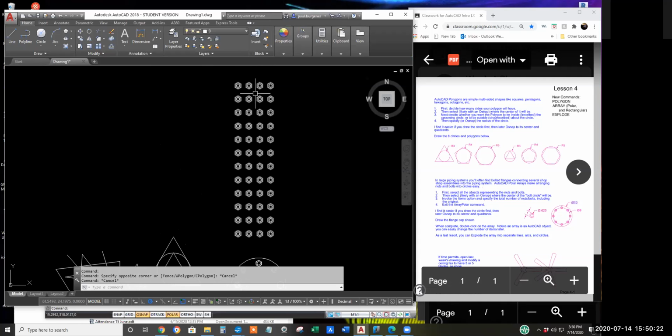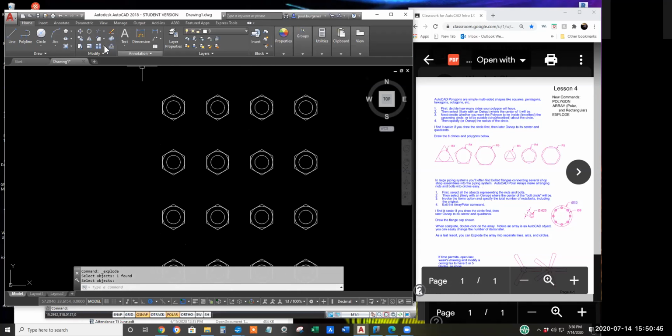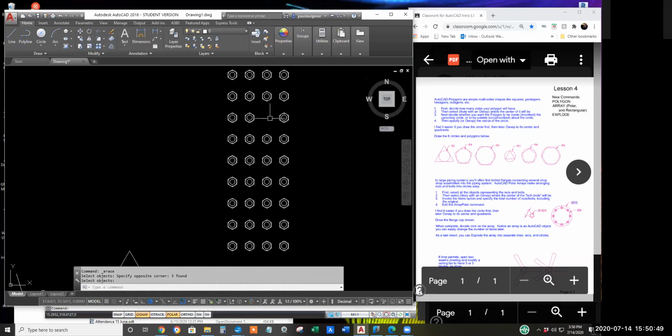I used this back when I was doing Army transportation. I'd have a little symbol for a Humvee or an M1 tank lined up in somebody's farm field waiting to go down to the railroad track or to the ship. Well, maybe one of them was some oddball thing. So I might explode this entire matrix and erase the one oddball. Maybe there's a tow truck or a generator in there.